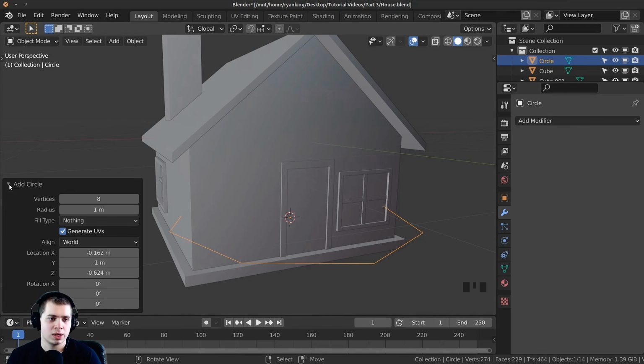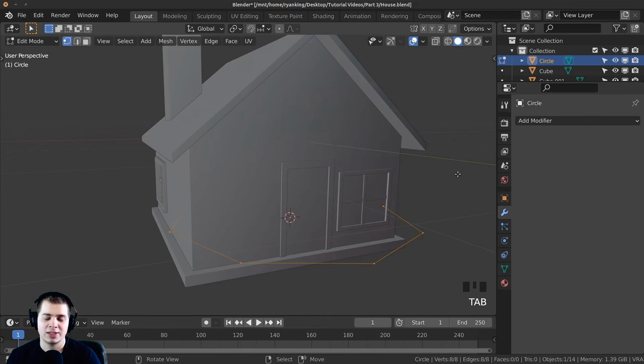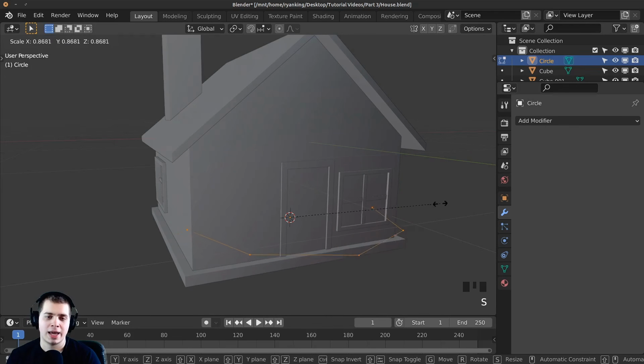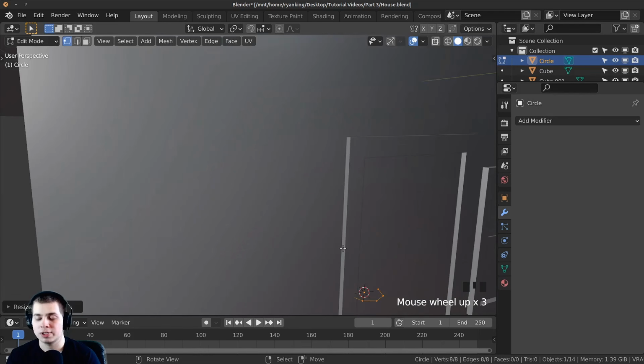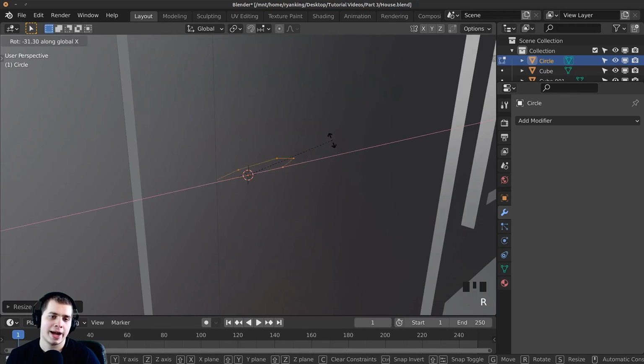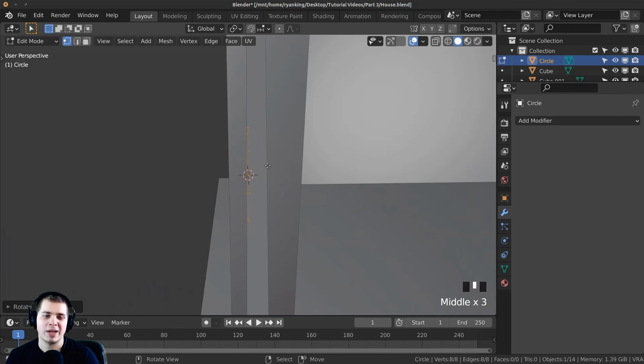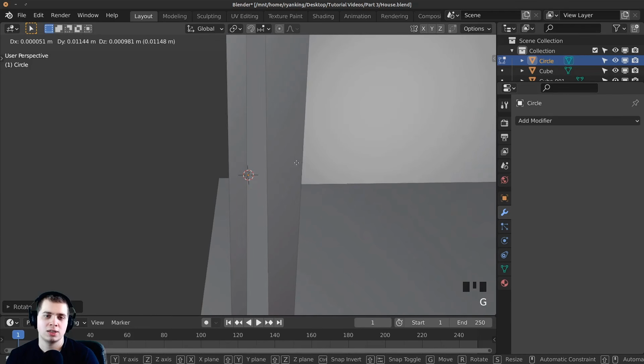So I'm just going to click on this to make it smaller. Now if I tab into edit mode, you can see that it's just added 8 vertices. Press S and scale this way down, and then zoom in here. I can also press period on the number pad to zoom in here. Just scale it down, and then I want to rotate it sideways. So I'll press R to rotate, X for the x-axis, type in 90 for 90 degrees, and enter. Okay, now I want to move this back kind of behind the door, so I'll press G, just manually move